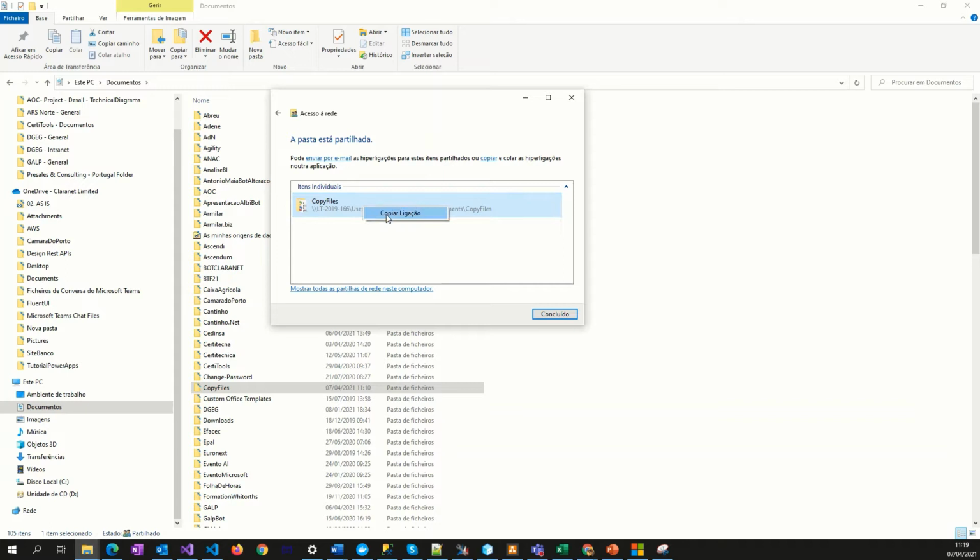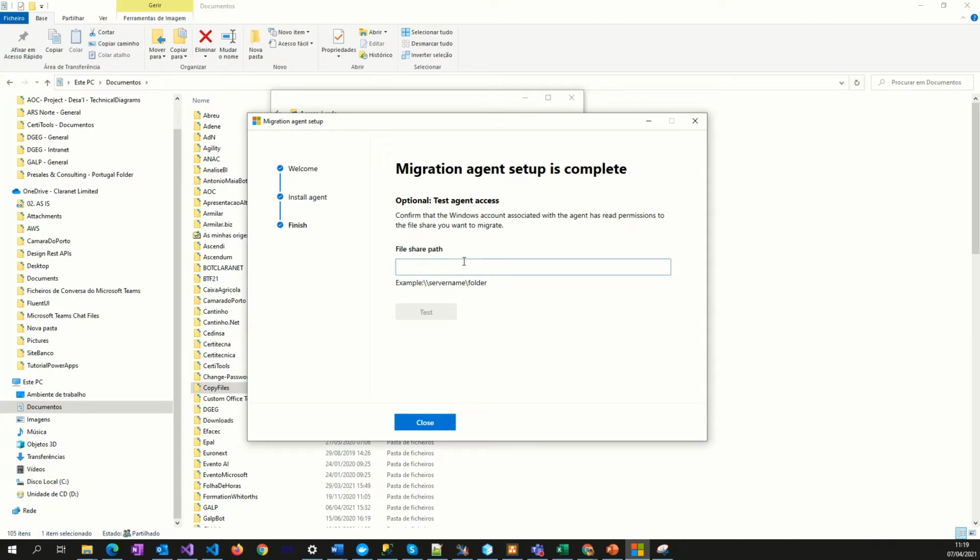After we can copy the share, right? And here we must put only the file share we will use, right? For example, I will test this to see if everything is good. So after I will put it here and I perform a test. Okay, you have access to the file share.